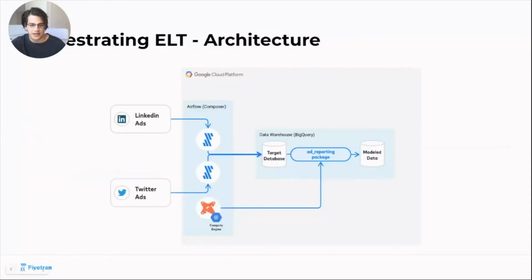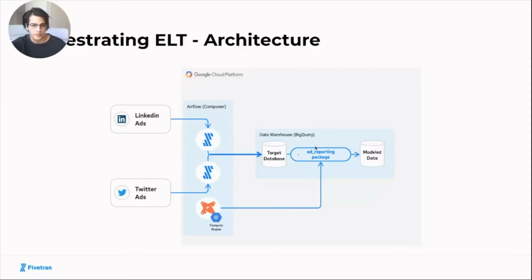Here's what's going to be happening in the demonstration. I'm going to be bringing in data from 2 different sources via 2 connectors through Fivetran and into a data warehouse. As soon as the data arrives in the warehouse via Fivetran, it's transformed by Fivetran's DBT ad reporting package, which you can find, and I'll show later, at